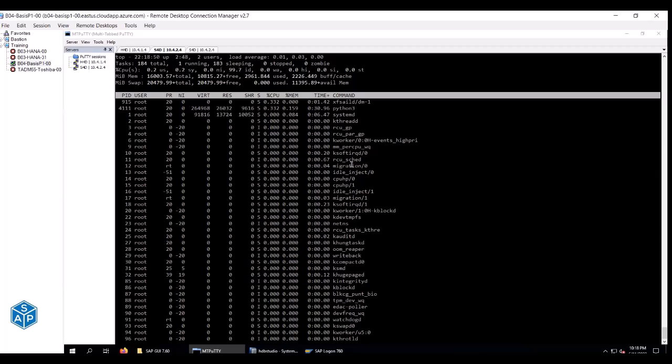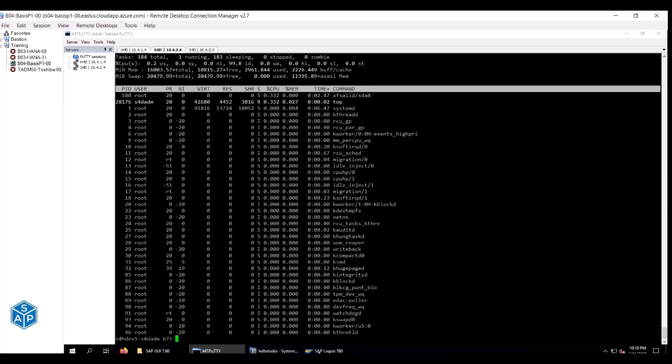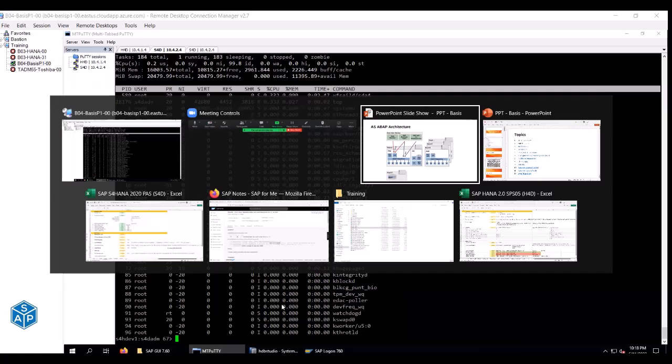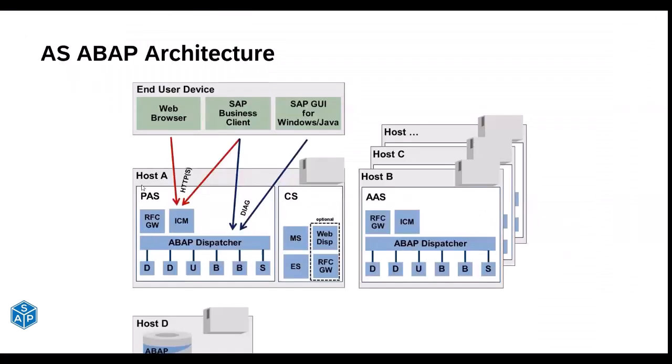Right now, it is not. So is this clear to you? Like what is a primary application server? What is an ASCS instance? Okay, so this is how you can differentiate or distinguish between a primary application server and a central services server. Now, can someone tell me what is the difference between a primary application server